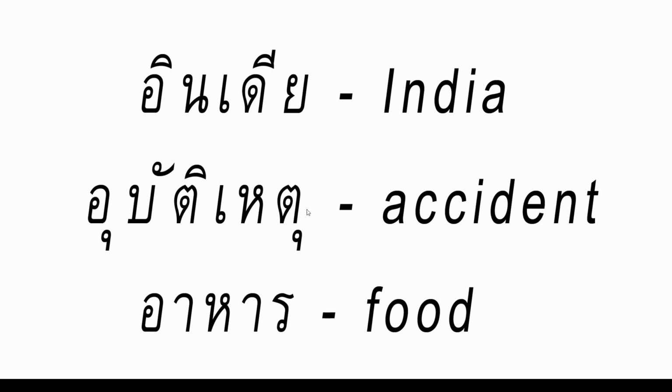Some vowels in Thai are written above the consonant. Some vowels are written below the consonant. Some vowels are written after the consonant. Some are written before, and vowel combinations surround the consonant. Now, if you have a word that starts with a vowel sound, such as India, that sara I vowel is